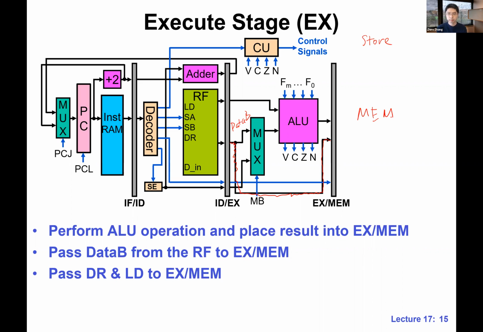Okay, is it clear? And we're doing the same thing here. We keep passing DR and LD to the next stage because we may need to use it later for writeback. This is the ALU stage. Let me try to